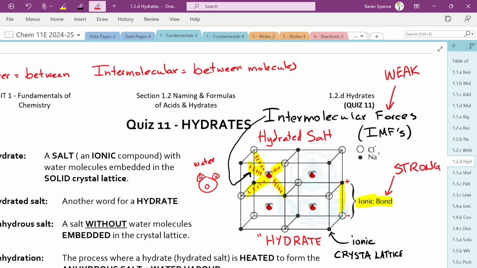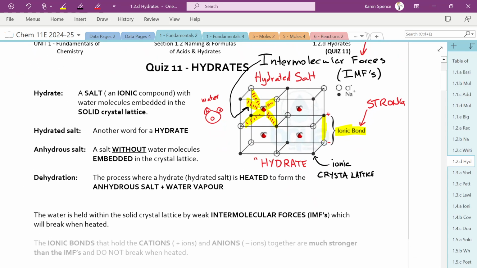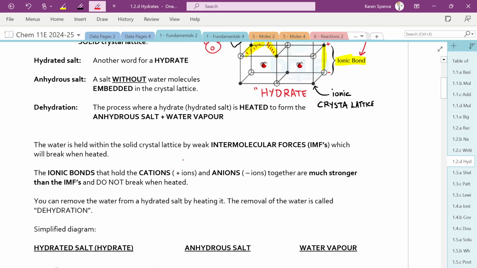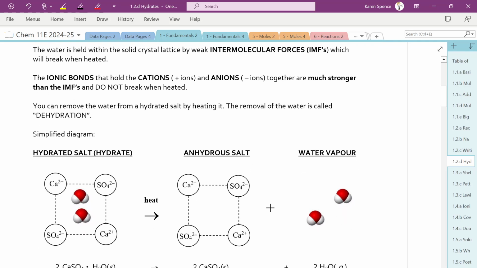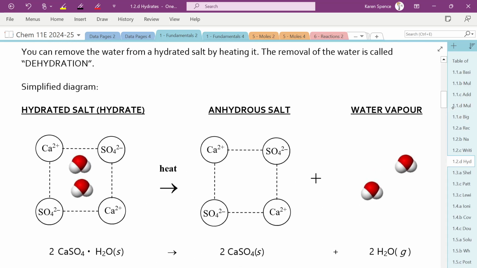And we're going to do a lab in the mole unit that has to do with heating this hydrate and having the water molecules come out, and you'll actually see steam coming off of the compound. So the intermolecular forces are weak, the ionic bonds are strong, and when we heat it, and we've simplified our model even further here, so instead of having it be a 3D model, now we've only got a 2D model, and we've got some waters in here. And if we heat it,